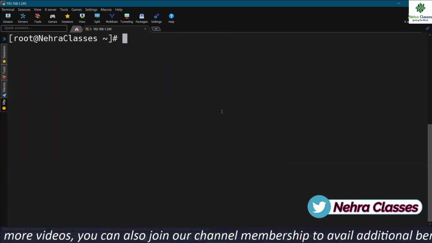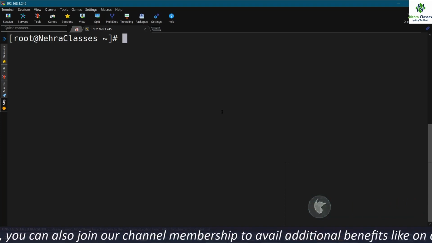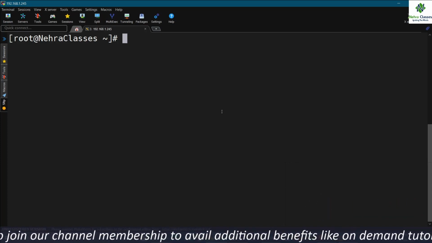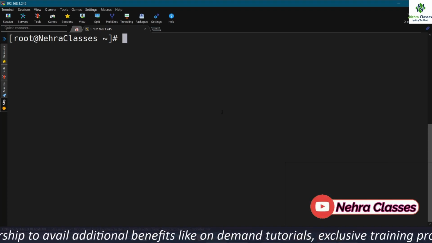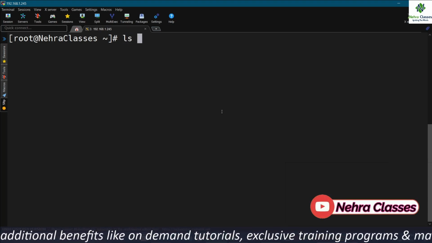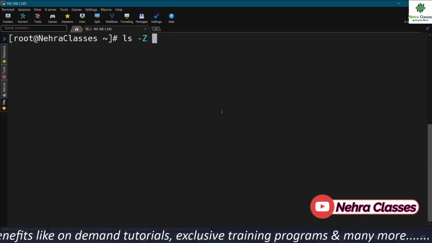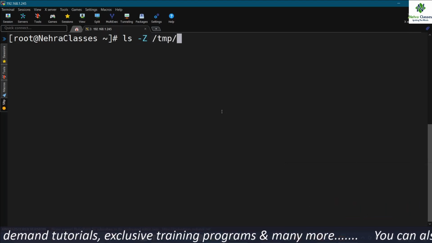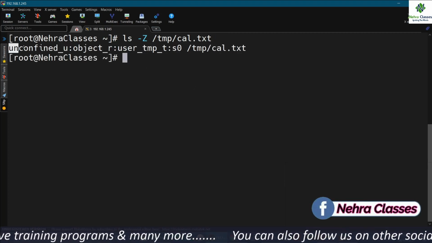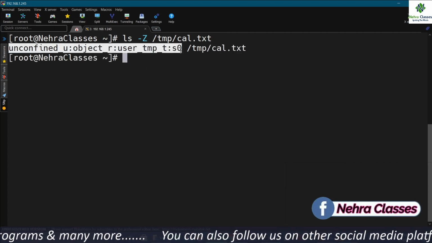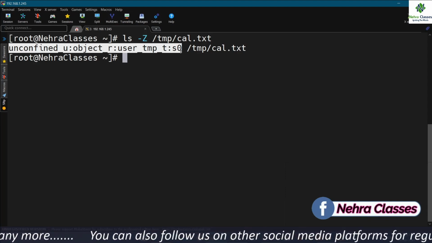As I told you, SELinux enforces a mandatory access control mechanism depending on the SELinux context. Here, as I showed you earlier, the files and directories have their own SELinux context. Let me show you. So this information is used for the mandatory access control mechanism.